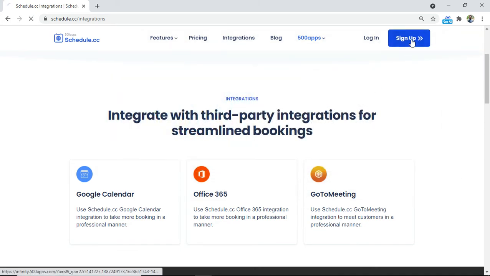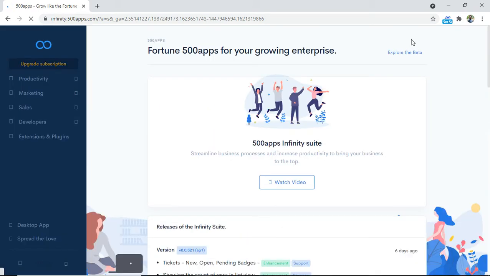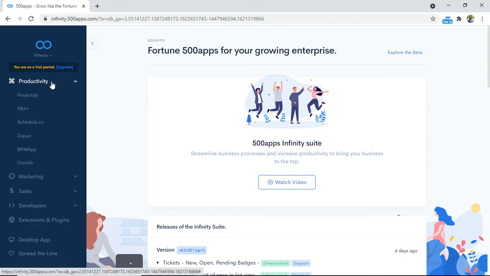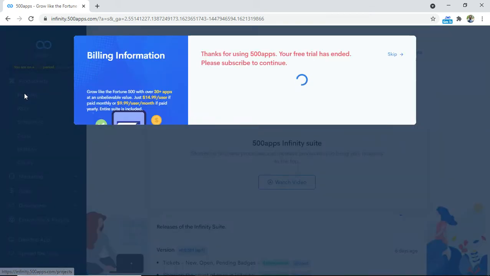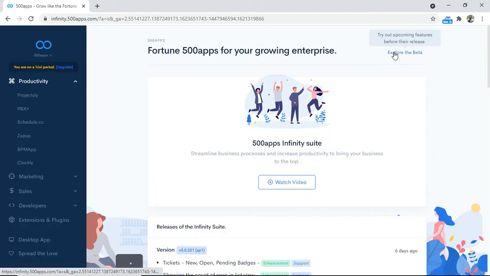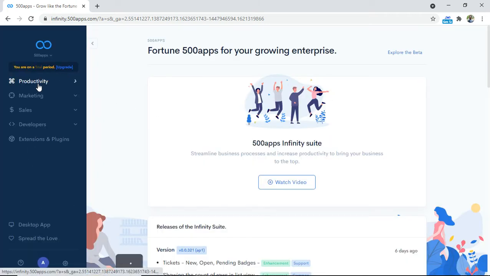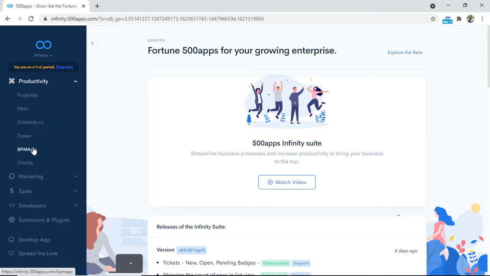So when you sign up in this, you will be getting the Infinity Suite login dashboard. This is the login dashboard that you will be getting after you sign up. Here you can see productivity, marketing, sales, developer, and all, right. So if I click on productivity, you can see all the applications that productivity is currently supporting in the Infinity Suite: